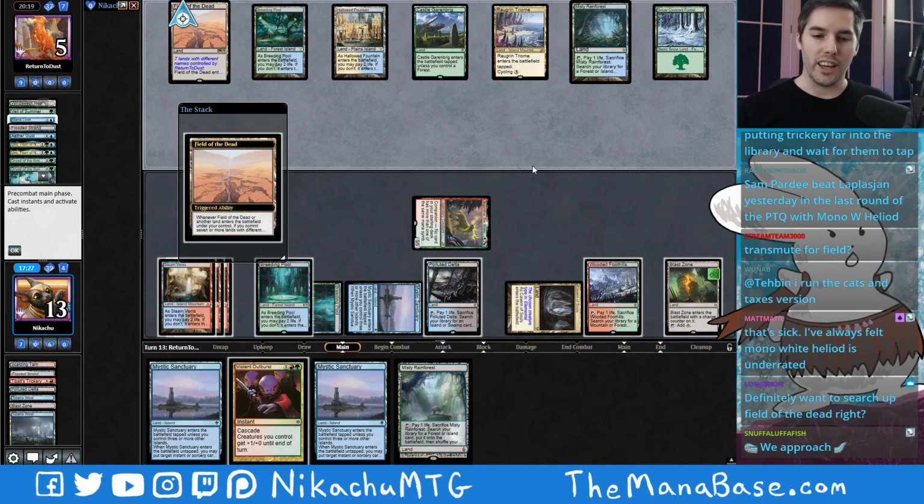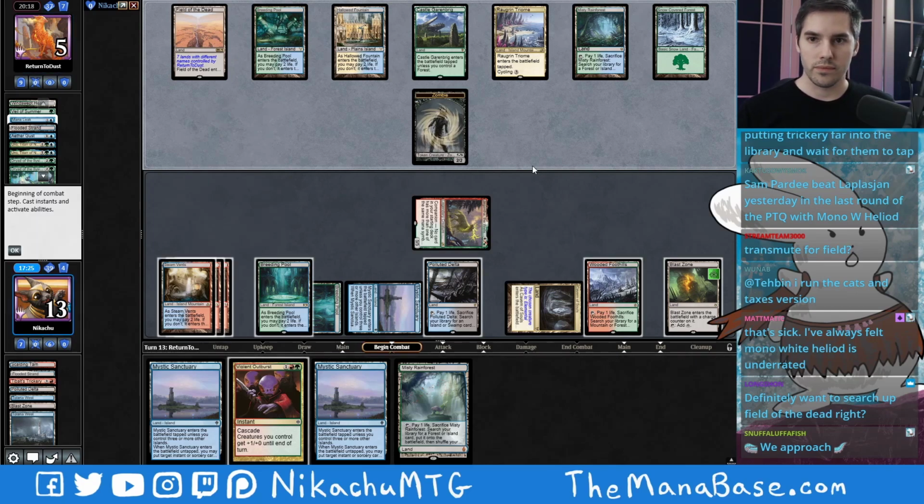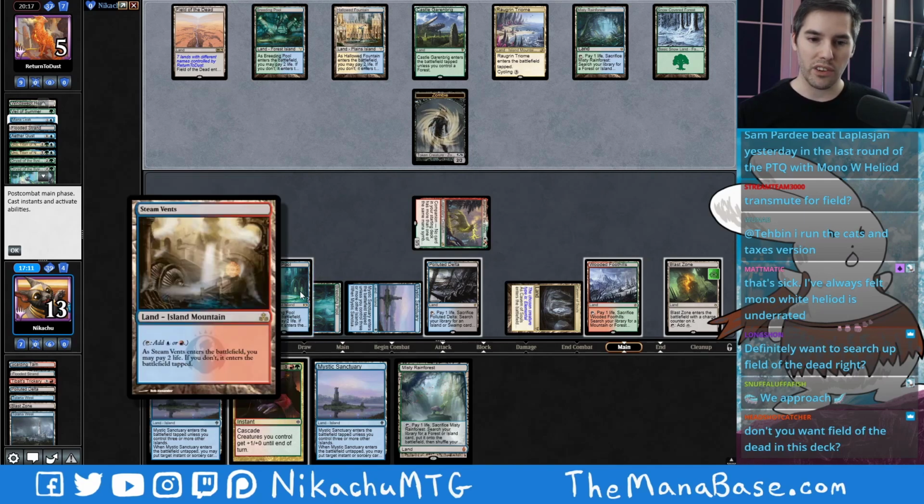Oh, they finally found a land, damn. Okay, now they have potentially infinite blockers. I can't get rid of this. How can I get rid of these zombies? Yeah, maybe I should have... Well, I don't know if I'm going to have enough different...